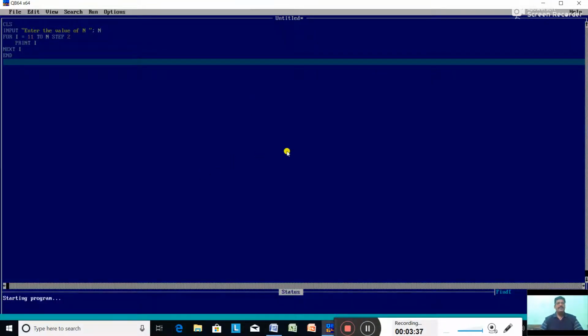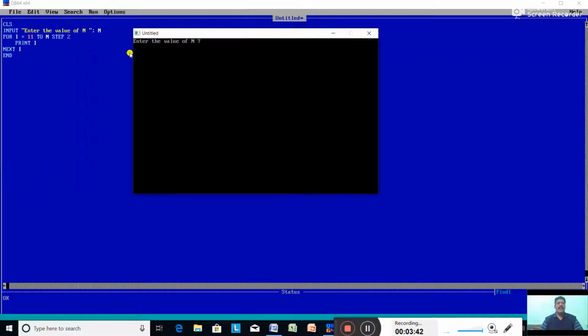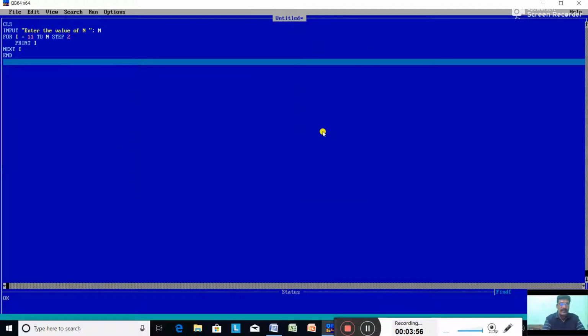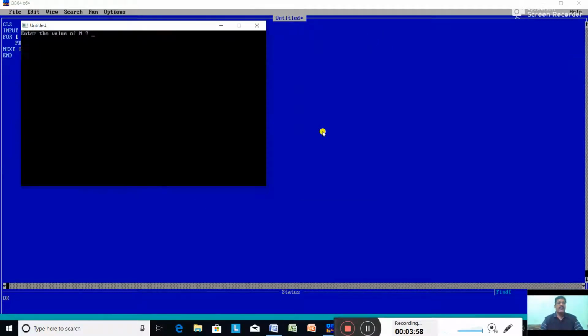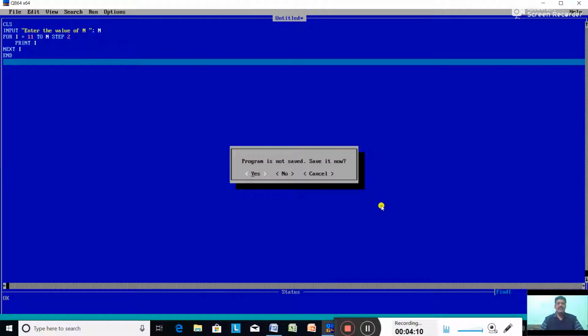and the output comes. It will ask us to input the value of n. It is asking, enter the value of n. Suppose I have given 35. Now see, from 11 to 35, all the odd numbers are printed: 11, 13, 15 till 35. Once again, let us run this program. Press F5. Enter the value of n. The message came. This time giving 55. Now see, 11 till 55, all the odd numbers are printed. So the program is clear. Next question.